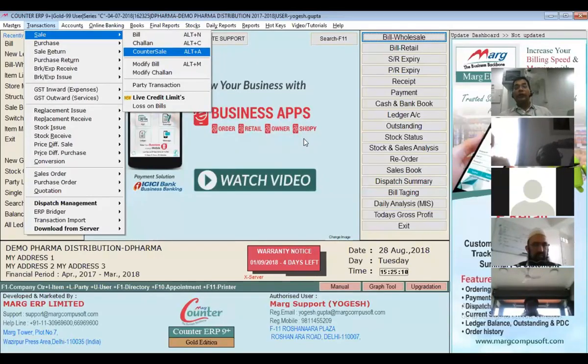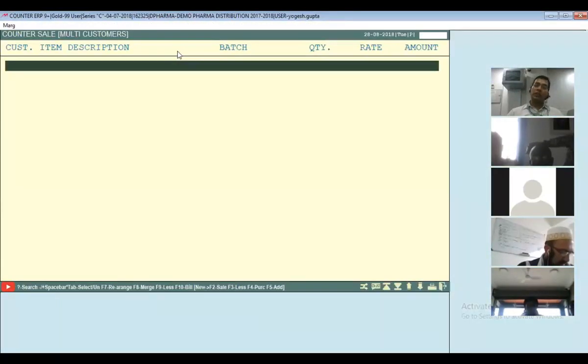Now, if 10 customers are coming, they are not asking for a bill, and I'm generating unnecessary 10 bills which are not required. So is there any feature where I can make 10 bills together and make one consolidated bill? Yes, of course, we do have. That is counter sale. I think the logic of this counter sale is clear to all.